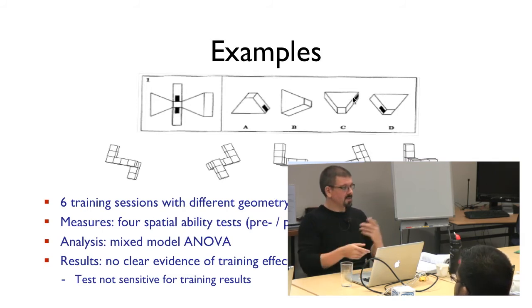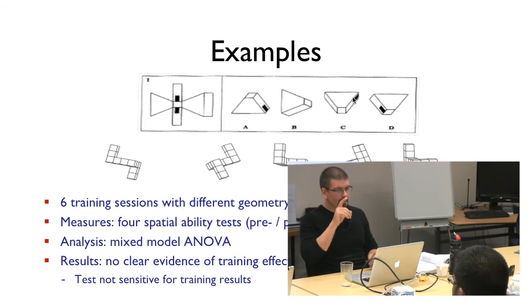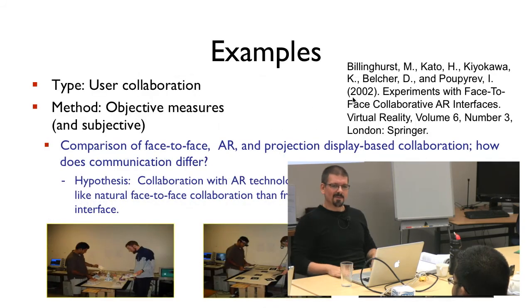We used a mixed model analysis of variance because we had a within pre-post factor and a between factor, which were the 4 groups. Well, there were no clear results, to make it short. Again, more details you will find in the paper. There were just some problems with the measurement tool in the end as well.